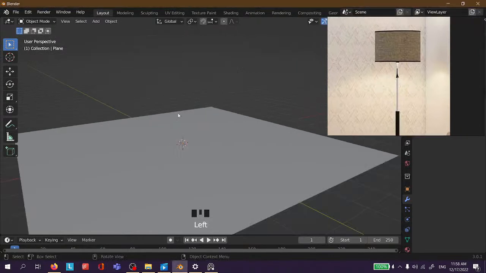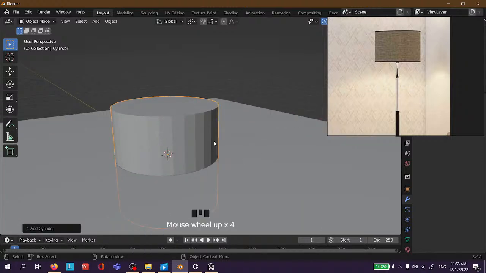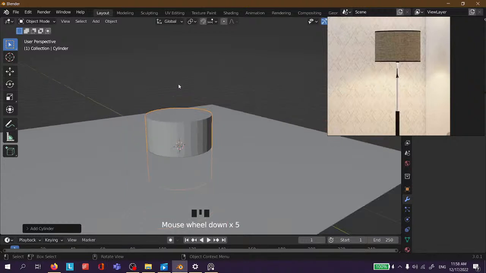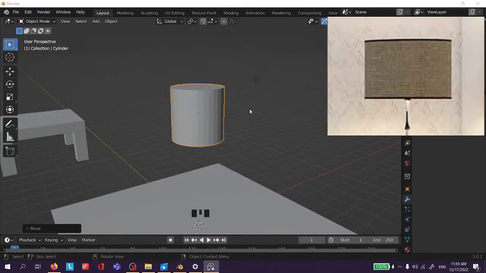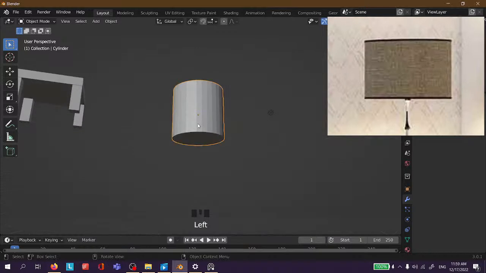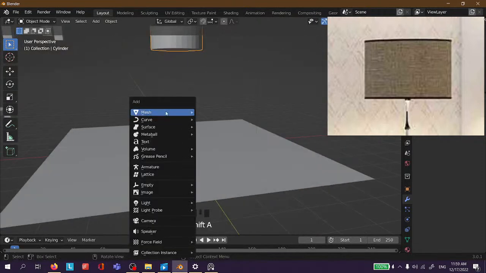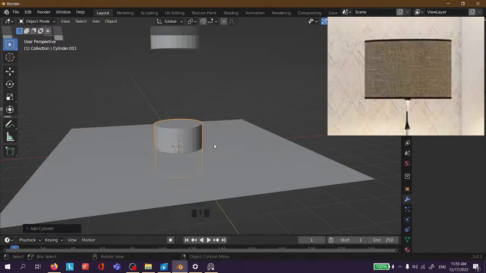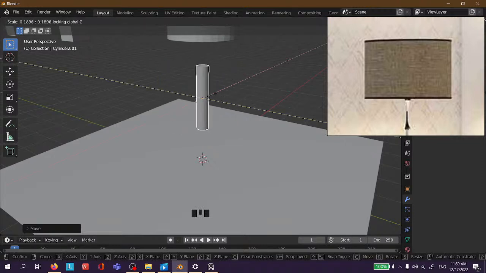So you press Shift A, mesh and cylinder, and let's move this up. This is going to be our lampshade, and another one we can make the pole. So mesh, cylinder, move it up, make it thin with scale and Shift Z, so we scale on X and Y. You can make it thin,